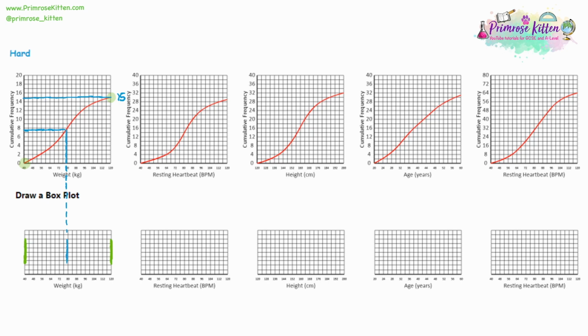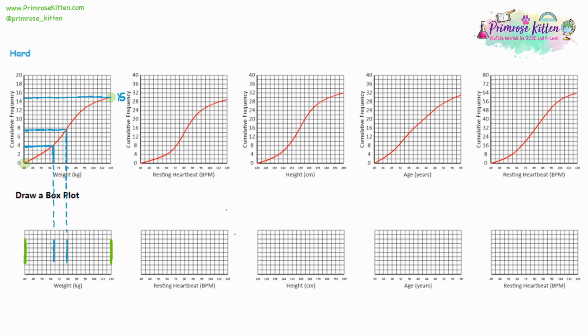Now we've got the median. We need two more, and it's going to be the upper and lower quartile. So the lower quartile is normally the easiest. It's half the size of the median, or it's a quarter of the total. So 15 divided by 4 is 3.75. So just under 4. I'm going to draw a line across. I'm going to draw a line down, and it's just before 68. It looks probably about 66. But again, you don't need to figure out what number it's at, because if it's set out like this, you use your ruler. You can continue the line down, and it should get you directly to where you need to be. And I'm going to draw a line there.